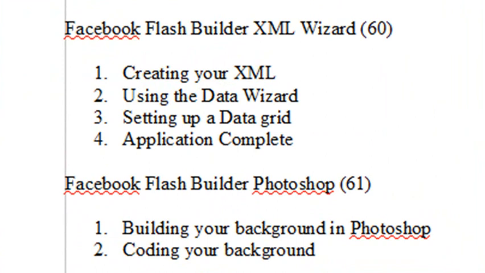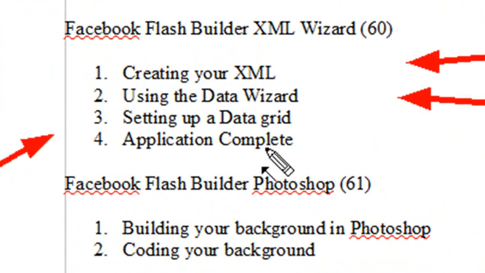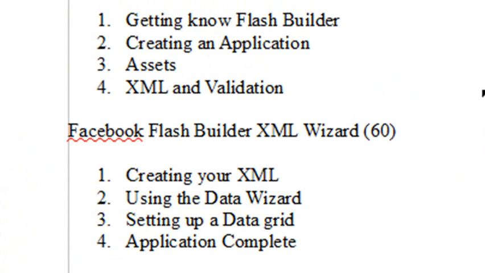And specifically, we're looking at the fifth lesson, which deals with Facebook applications and Flash Builder. And today, we're looking at XML. We're actually going to create an XML, use the data wizard to bind to that XML in Flash Builder. Going to set it up in a data grid, and going to show you how to use the application complete tag. Now, last time we did talk about XML and validation, but didn't discuss in detail actually how to create